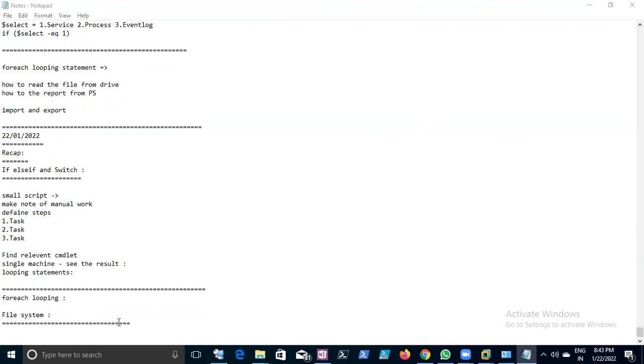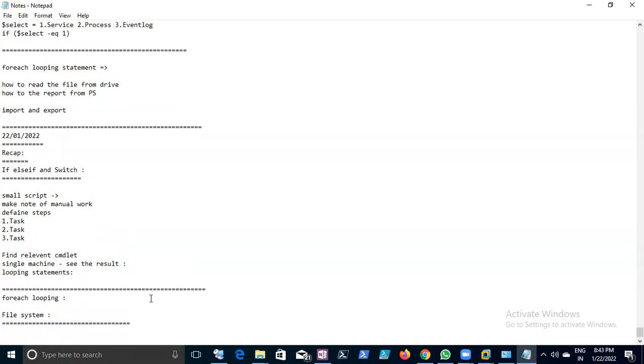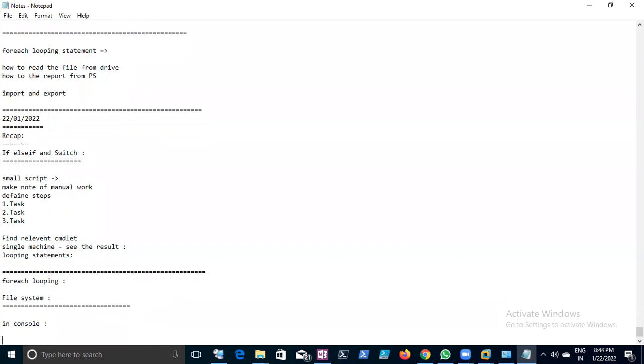Now, as I told you, what does file system mean? Till now, whatever we have been discussing, we have been dealing only with the console, which is the blue color symbol, right? Yes or no? Blue color. But now we are going to deal with saving the file,